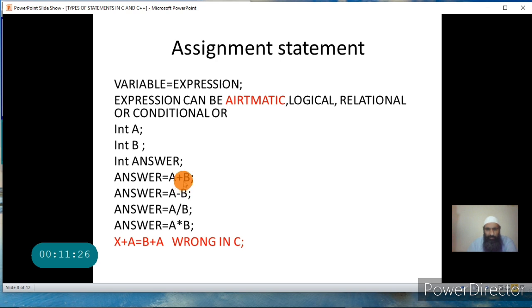Now I have used a single operator. You can use multiple operators. As I told you, an operator is a symbol that designates the operation, and operands are the arguments on which the operation is performed. An expression is the combination of operators and operands according to the rules of syntax, and expressions using arithmetic operators are called arithmetic expressions. As I told you, expressions can be of different types. A programmer can form different types of expressions like arithmetic expressions, logical expressions, relational expressions, conditional expressions, or some other forms of expression. We will study those in the coming classes as we start learning how to use operators and form expressions. We initially start with the arithmetic expression.